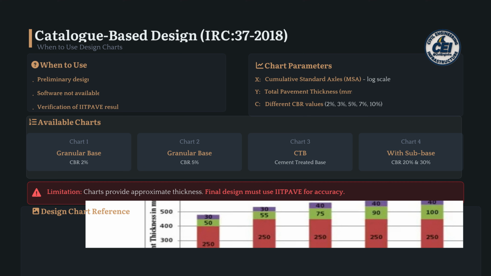Steps to use the chart. Locate your calculated MSA on the x-axis. Move vertically upward until you intersect the curve corresponding to your subgrade CBR. From that point, move horizontally to the left to read the required thickness on the y-axis. The value obtained is the total pavement thickness, measured from the top of the bituminous layer down to the top